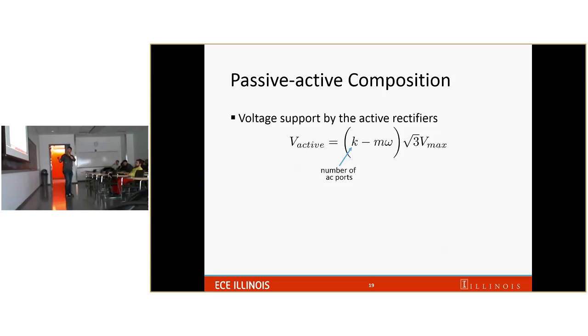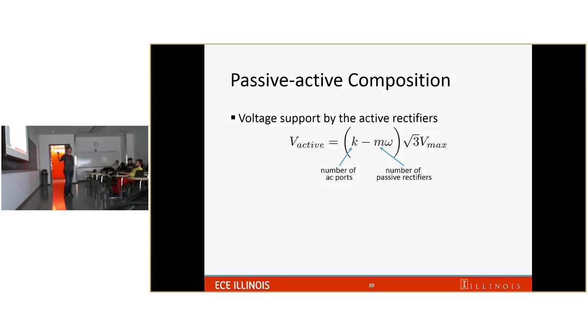So we see there's a term that is independent of operating speed, which is a voltage that we want to maintain. And M is the number of passive rectifiers we're having in the system, and that is the design choice. But the term of M has a product term with omega, which is the operating speed. This term says that as omega, the operating speed in per unit, goes from 0 to 1, if omega decreased, the voltage support, M multiplied by omega, is proportional to the voltage support provided